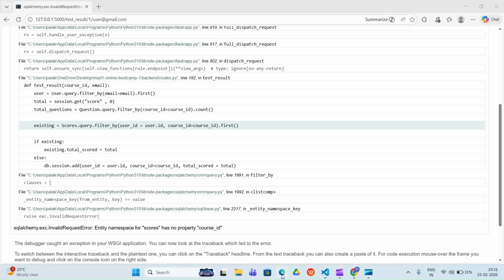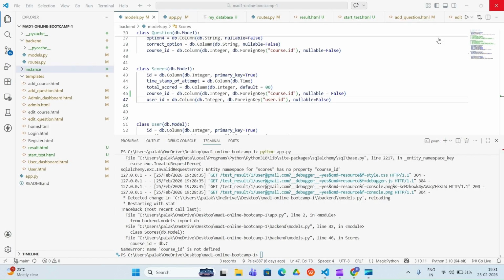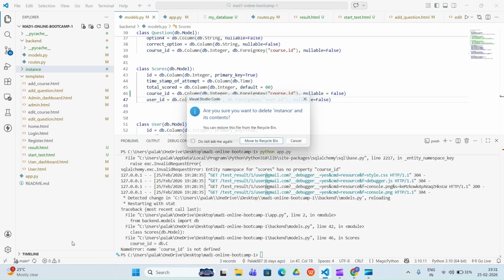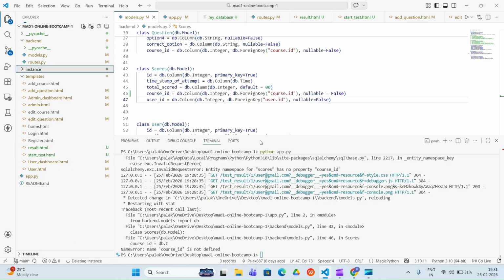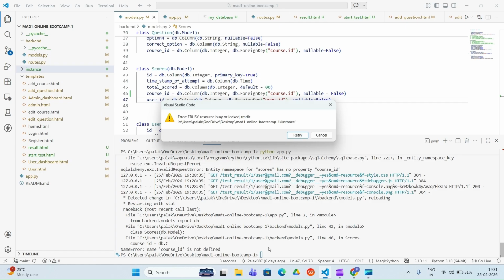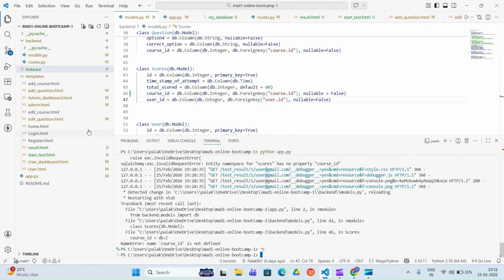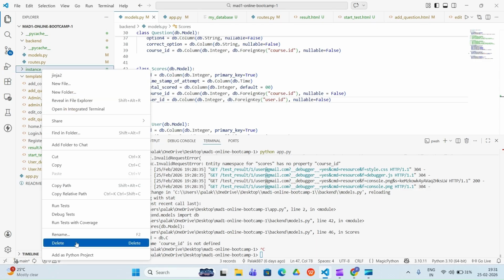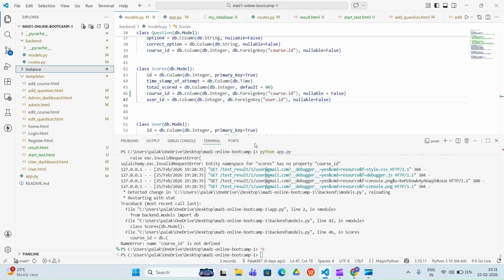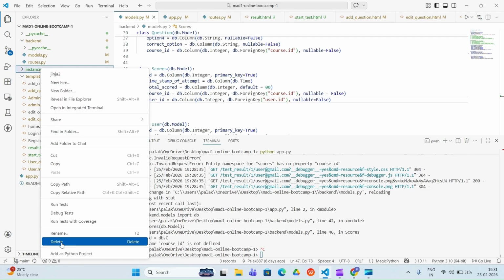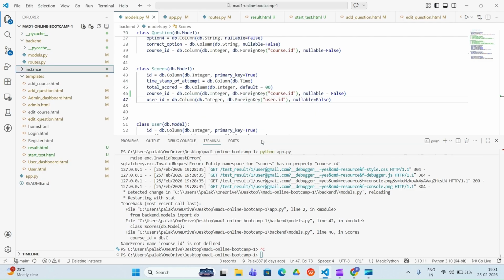So for that, let me just come here, and we need to close this, and come into this instance folder and delete this. So I will delete this whole file from here, and it says delete permanently, and it says we need to retry. So let me cancel it and close it again by myself, and now let me try to delete it. If I delete it, again it says failed, because here it is open, that's why it is telling that. Now let's try to delete again. So if I delete it now, then it will be deleted.